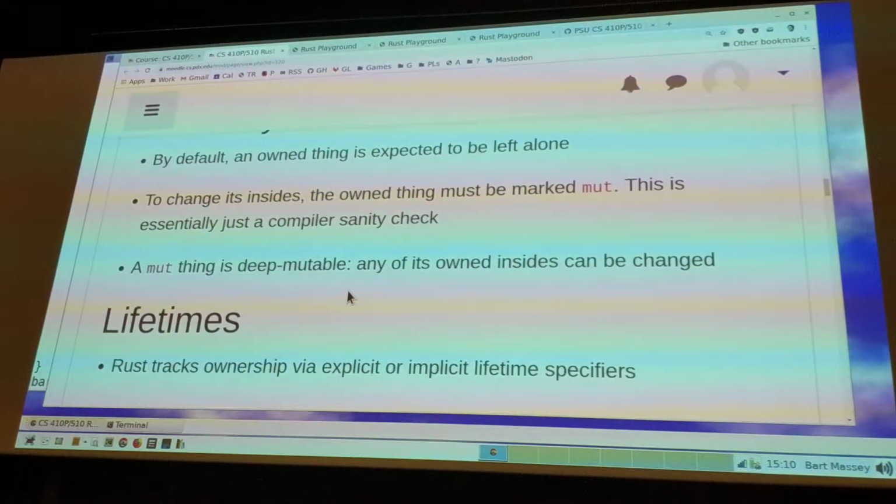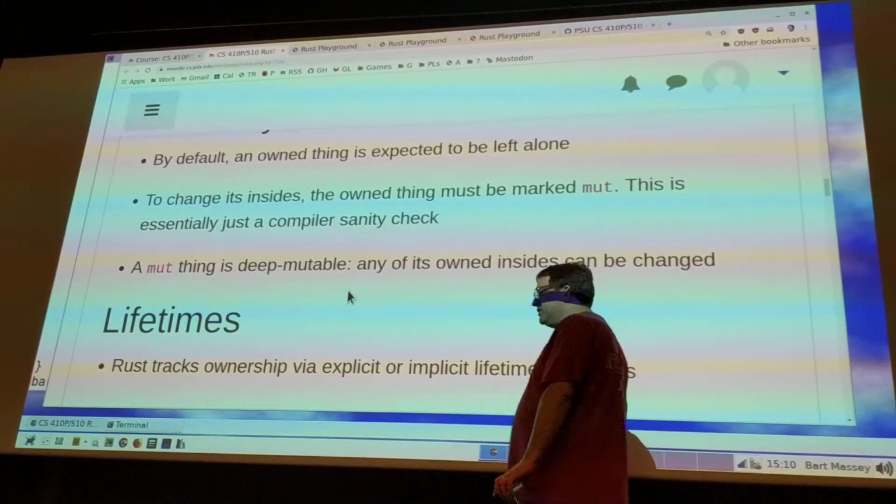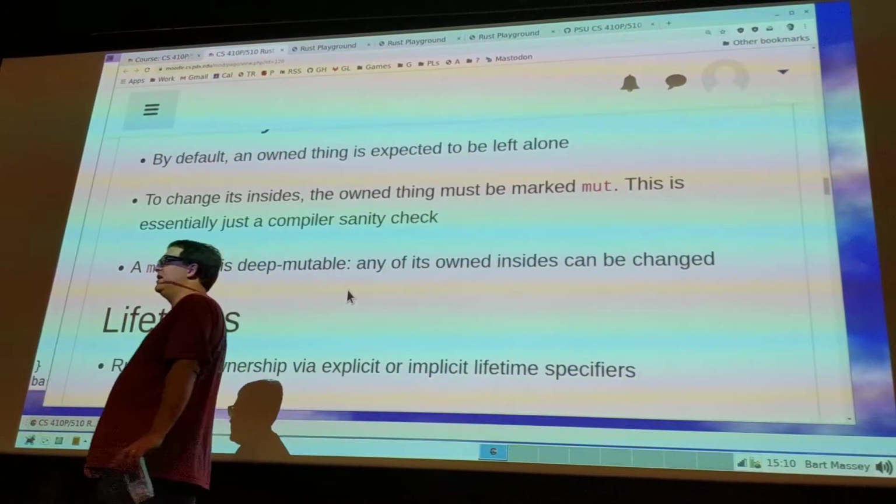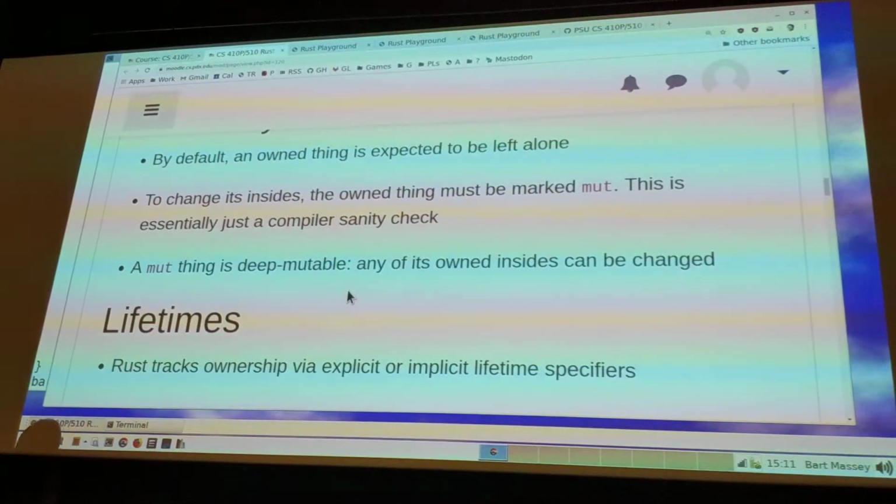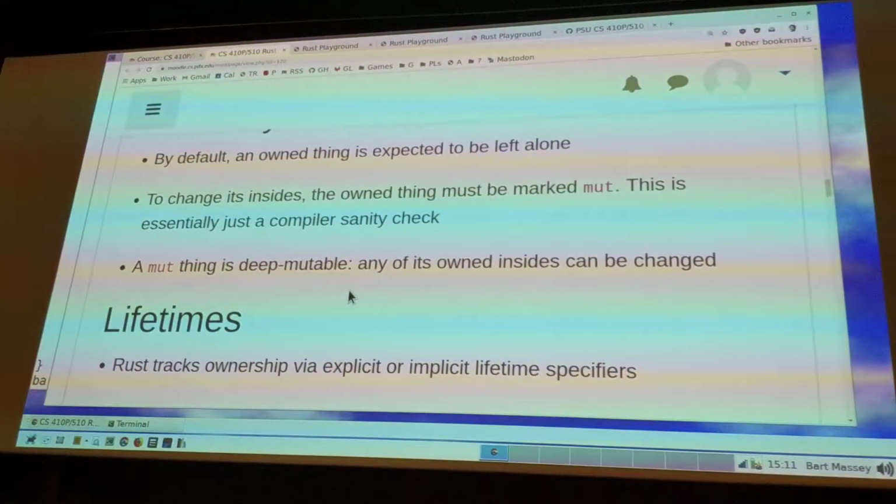I should point out that copy and clone and mut are all deep, in the sense that if I have a struct that contains another struct that contains a third struct as a variable, when I say that the variable is mut, all of that internal content is mutable. When I say clone, it makes a copy of everything all the way down. When I say copy, then it feels free to make a copy of that whole mess, no matter how deeply nested the structure is in there.